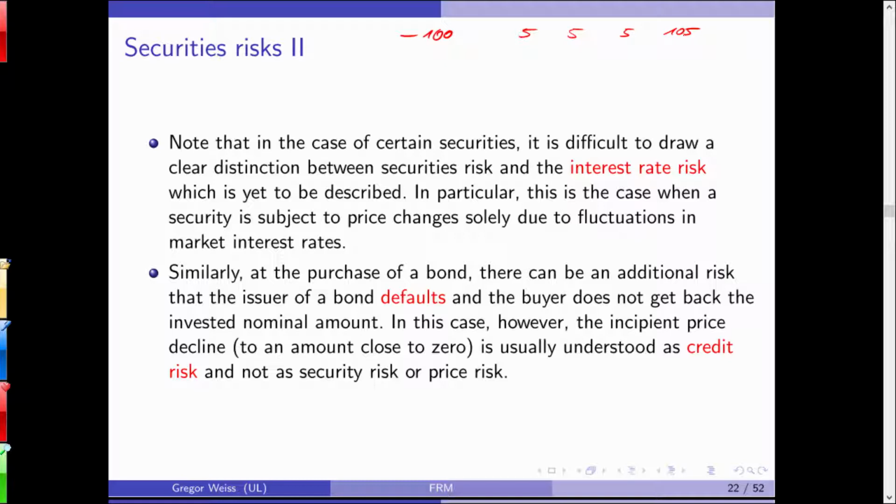No default risk, but then how should the price look? To estimate the arbitrage-free price, you would simply take this 5 payment and discount it: 1 plus r for a period of t equal to 1. You would continue to do so with (1 plus r) squared, and this time we need the interest rate for a 2-period investment, and so on, and we would calculate the net present value of this cash flow stream. But this also shows you that in the end you will get a price P, a market price, and what really is the change in market price?